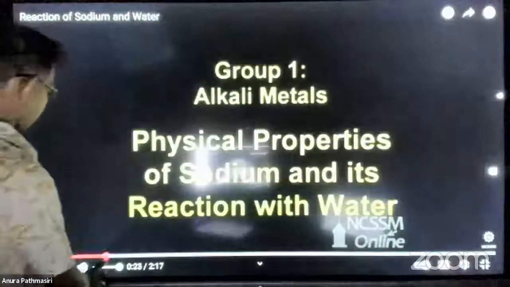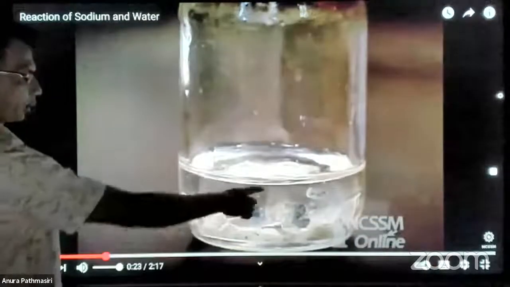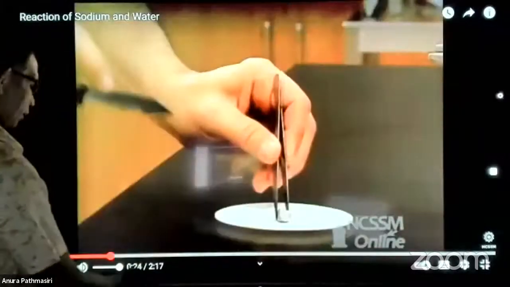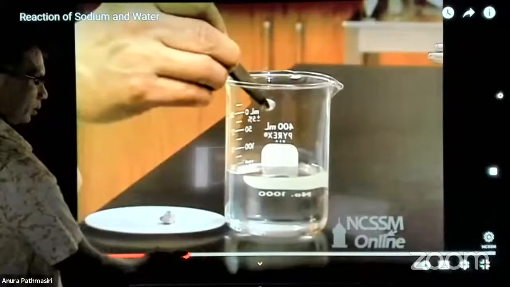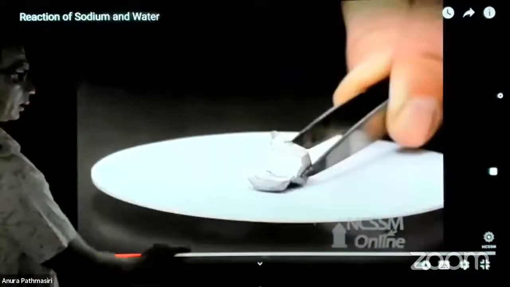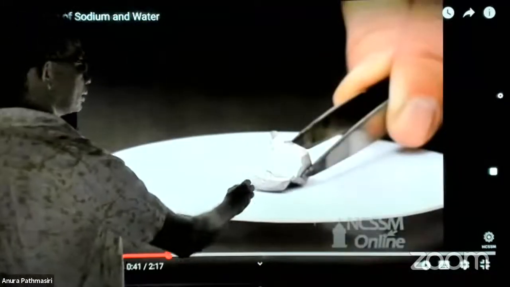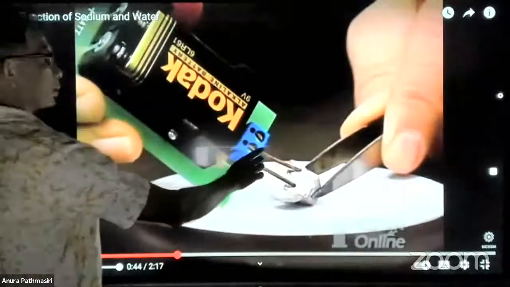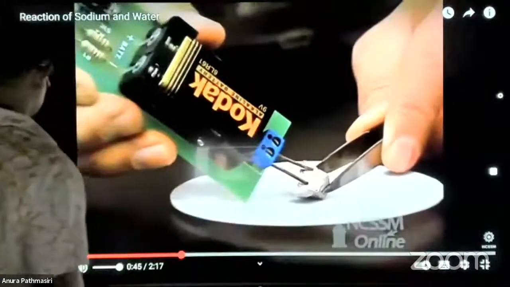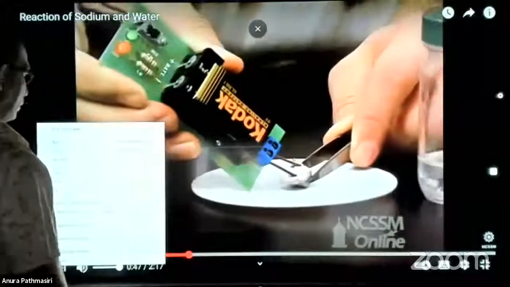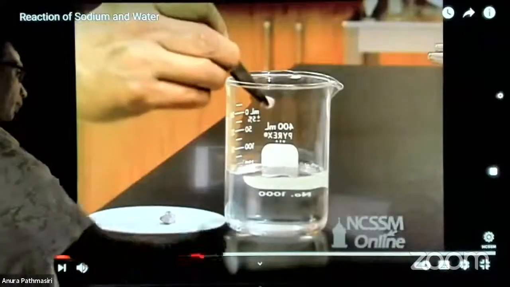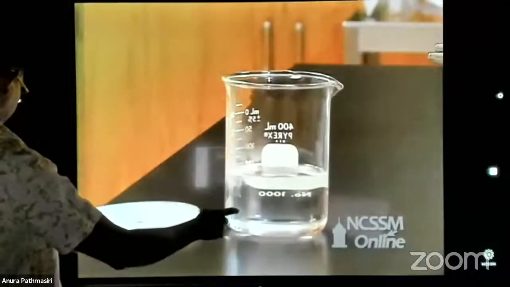Okay, you learned that sodium is stored in mineral oil, coated over with an oxide, and it is a soft metal that you can cut easily, right? You can cut it easily. The sodium is a metal, and it is an excellent conductor of electricity. It conducts electricity. If we take a piece of the sodium metal and add it to water,